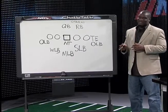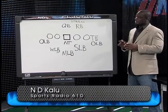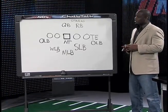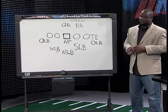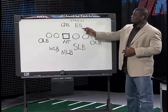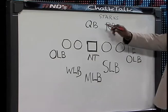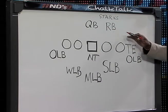And what I want to talk about is something that I noticed from the Green Bay running back Starks that was very, very good on his part, but won't show up on the stat sheet. And what I'm talking about is the way he scanned the field and helped protect quarterback Aaron Rodgers during those blitzes and during those great pass rush moves from the Pittsburgh Steelers front seven. So when I say the way he scanned the field, this running back on certain pass plays is responsible for picking up whichever blitzer or pass rusher comes free to attack your number one position, your quarterback. And I kept an eye on Starks,